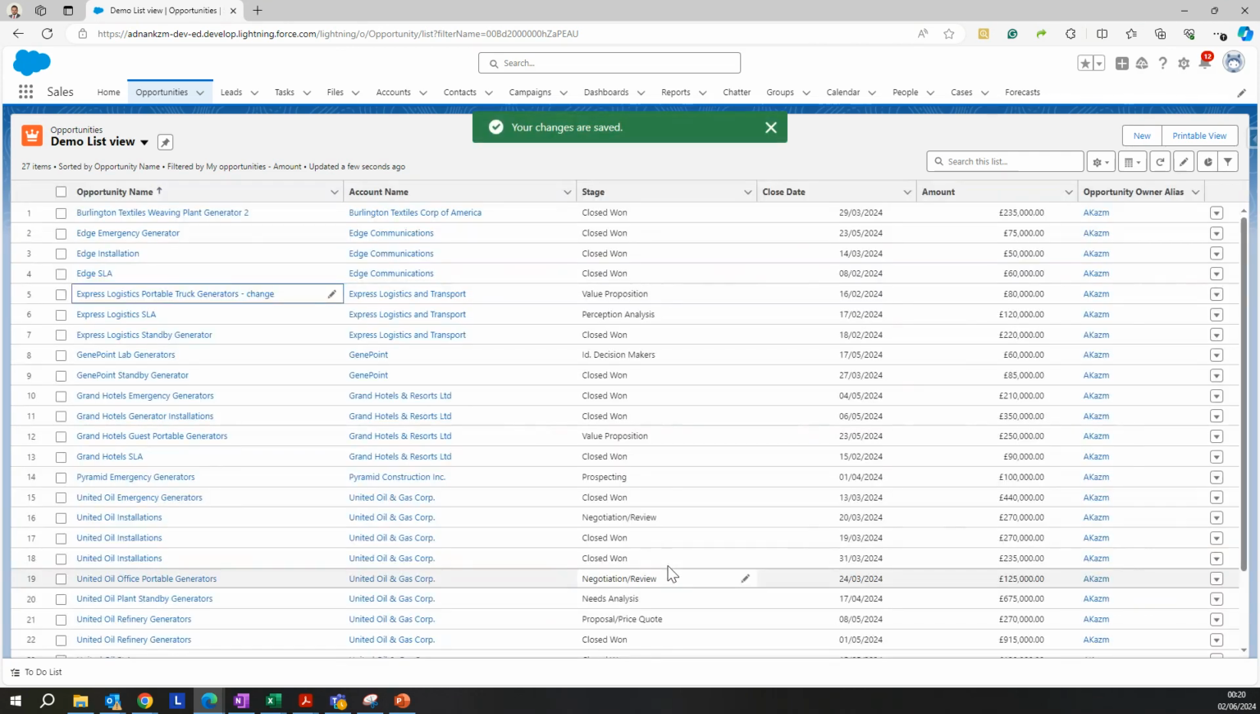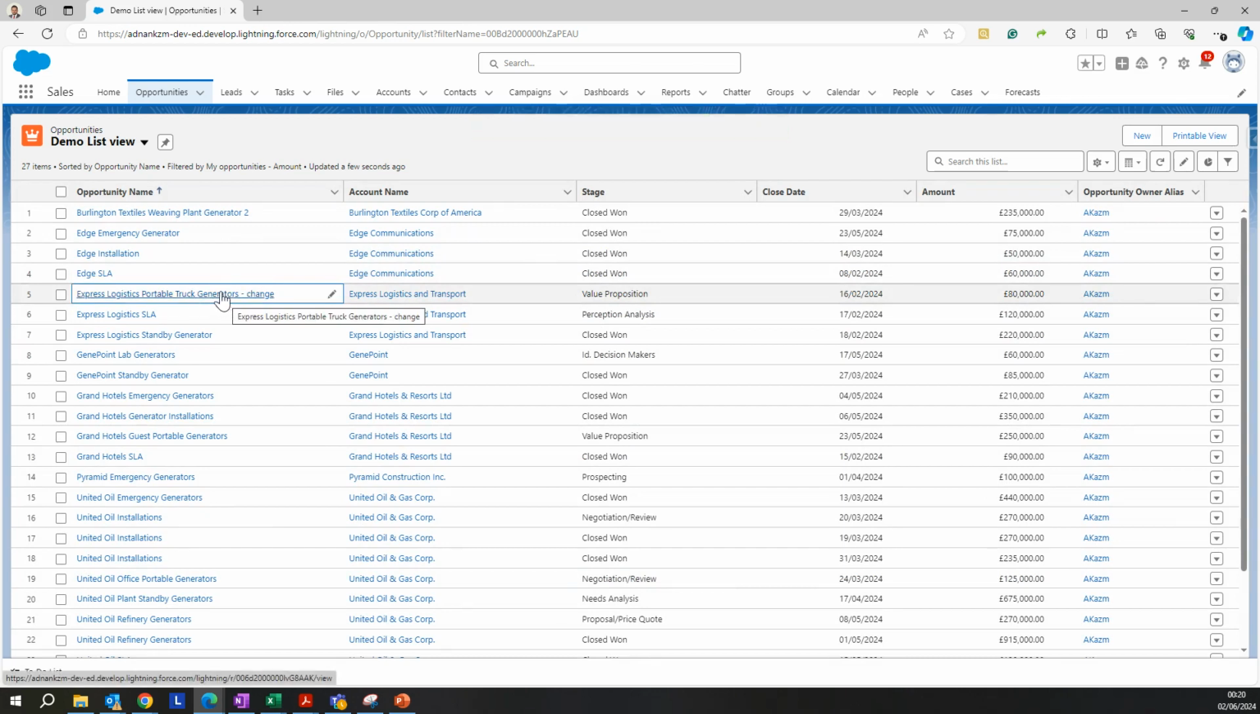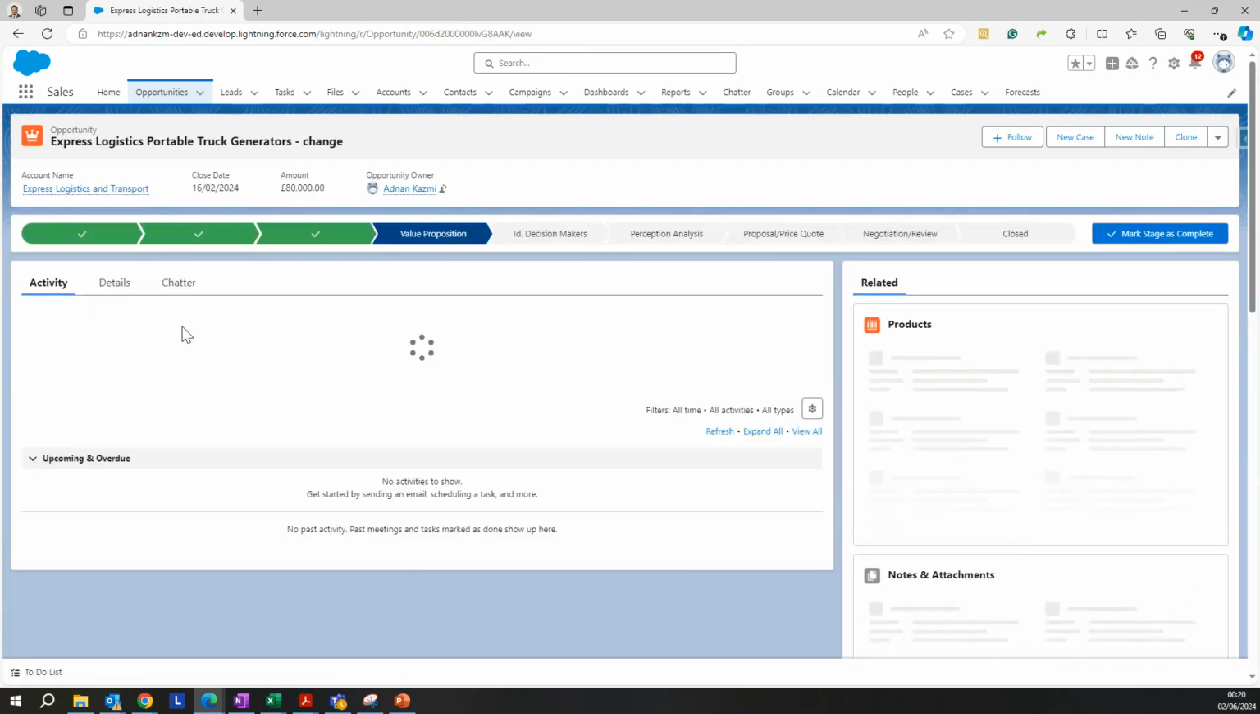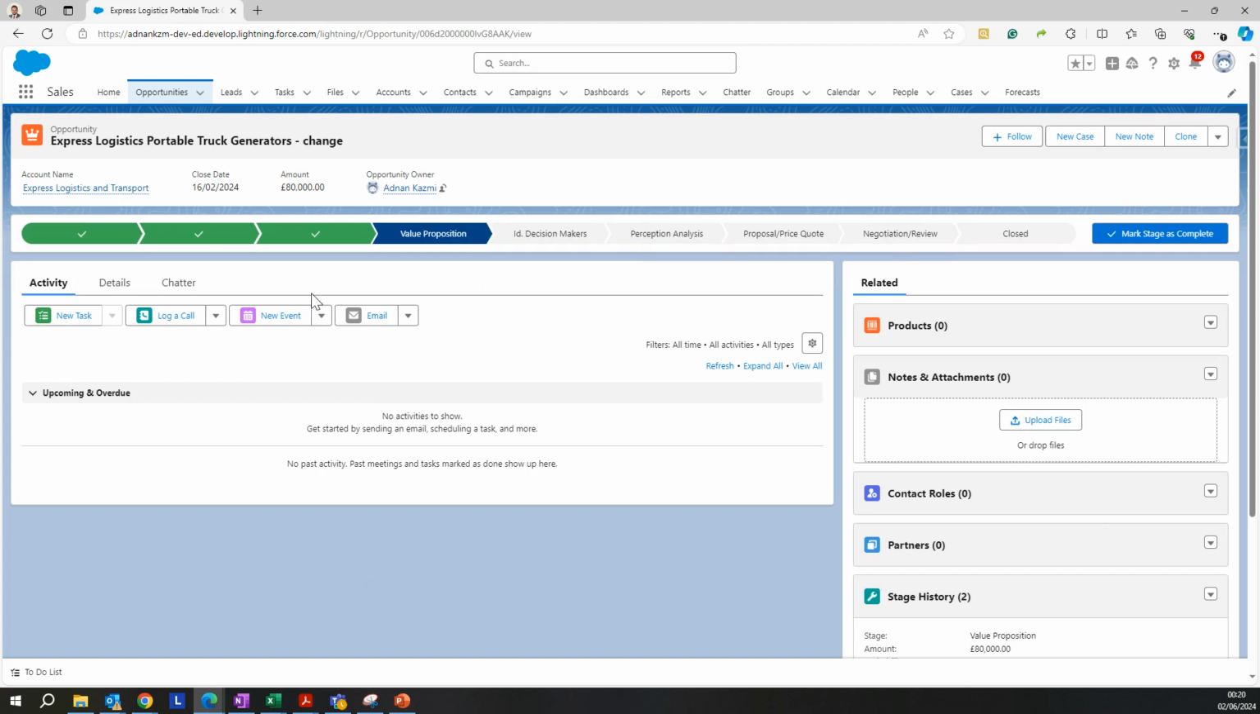So you don't have to open this record. But normally, each record will have so many more fields related to this. So how do you actually access those other fields? You can easily do that by clicking on the name of the record, and you will be landing onto the